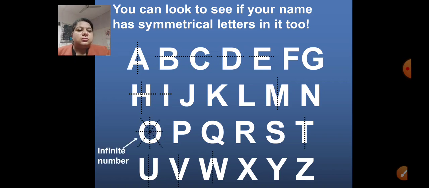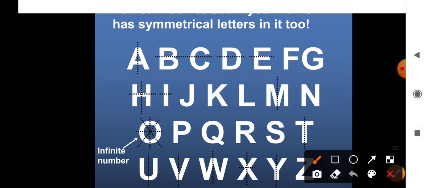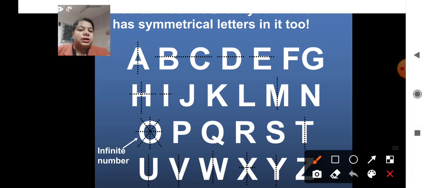So just check the English alphabet A. It has a vertical line of symmetry, right? You can check, it is in front of you. And then the next letters B, C, D and E. These four letters have a horizontal line of symmetry. F and G are not symmetrical at all. You can't draw a line in F and G so that you can fold it and the other half becomes the mirror image. And the next alphabet H has both lines of symmetry, vertical and horizontal.